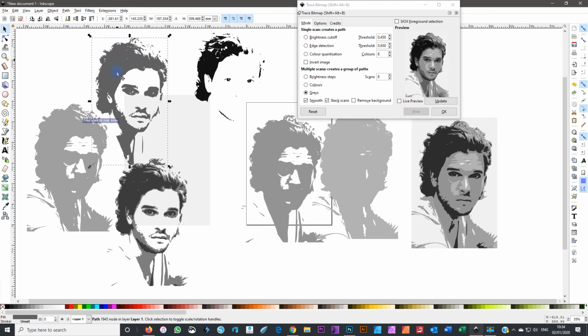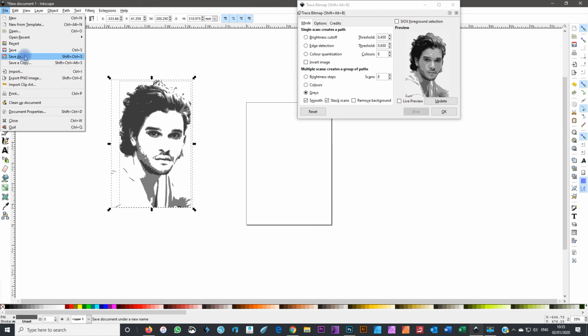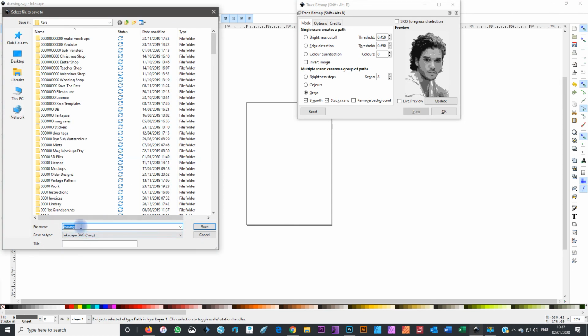If you're going to cut it for a 3D printer, then you would probably go down the route of using that image. When you go to export these images from Inkscape, you need to make sure that you click on Save As. So when we export an SVG from Inkscape, we need to make sure that we save it as